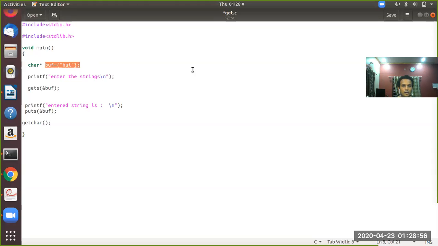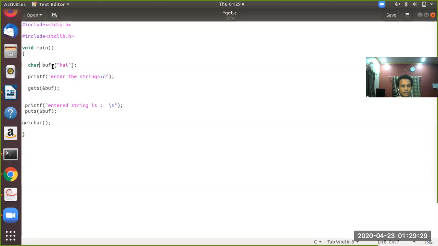In other words, in the memory location called buff there is a string called hi, a group of characters. This is possible because it is declared as char star. Suppose you declare it like this, then it would be wrong, because in the memory location pointed to by buff, we can store only a single letter.